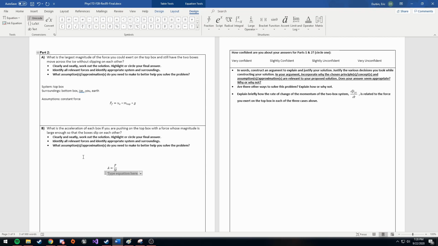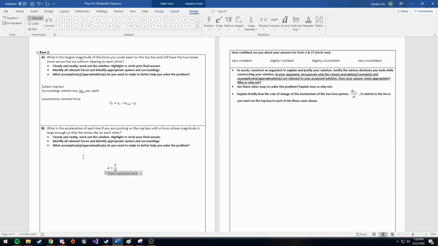Okay, wait, so by slipping on each other, what does it mean? How much friction is there? If they're slipping, it would be the kinetic friction. So now there's kinetic friction between the two boxes. So the force on the top box would be the force applied by you minus the kinetic friction, because as Ayush said, kinetic friction would be working against the force.